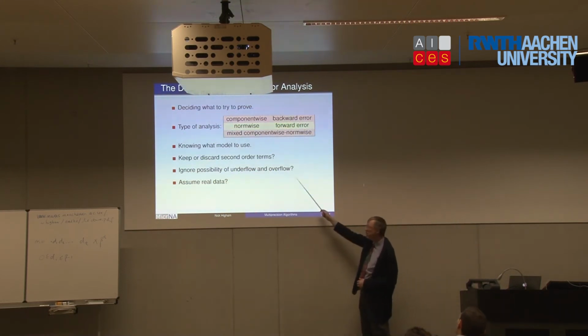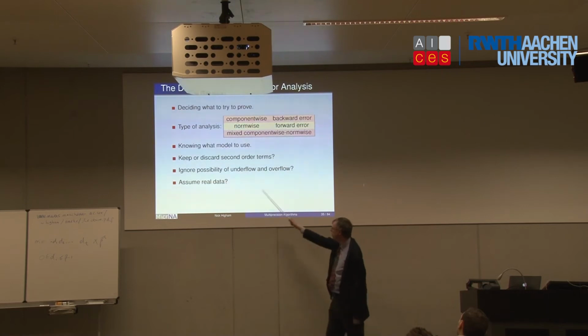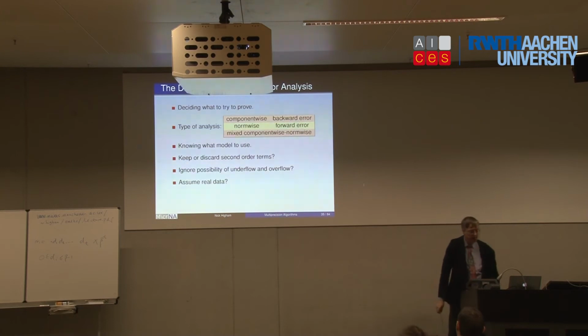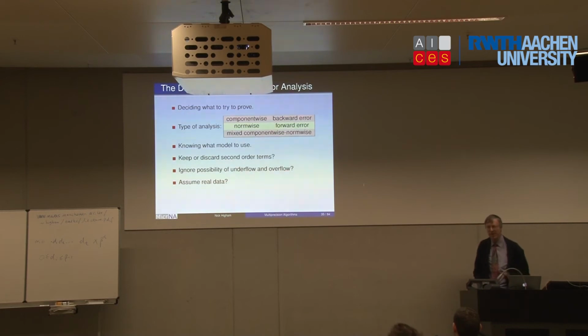Do you ignore underflow and overflow? Well, usually we do, but sometimes it's more important not to do that. And again, nearly always people assume real data. So, analysis of an eigenvalue solver, working with all real data, but often we're working with complex matrices in practice. Rounding error analysis for complex data, there are basic results that you can apply, but they're not quite as neat. That's why nobody ever does it. They just do the real case, and the complex case is pretty much the same. Maybe it's not. Maybe there are some subtleties you're overlooking there.